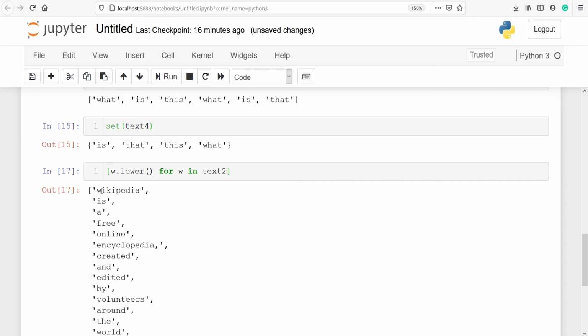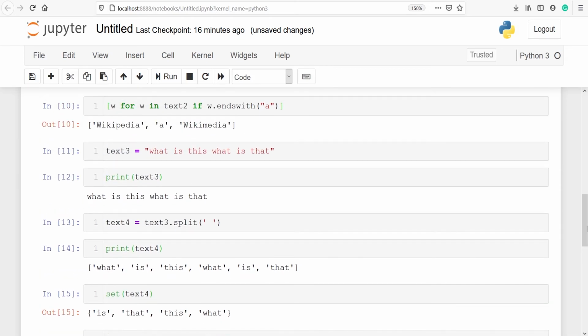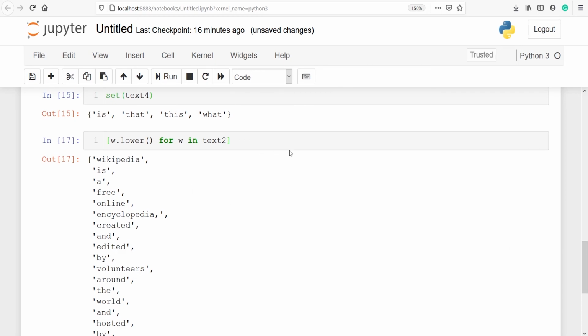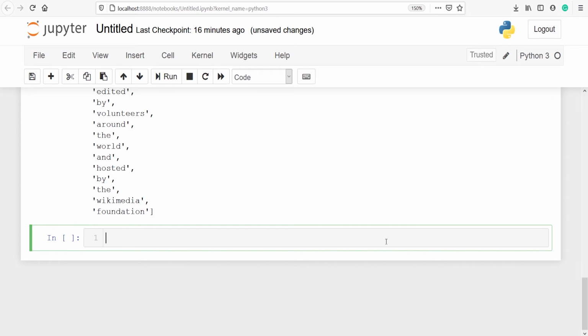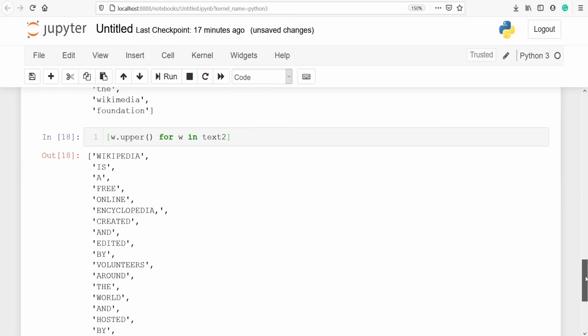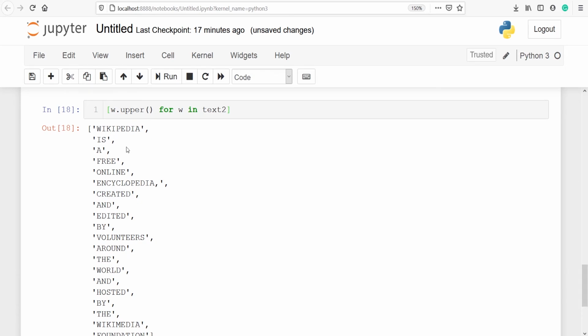Earlier the first letter was a capital letter, and we can verify from here. Here you can see we have the first letter in capital. So using the method lower we can convert all the words into lowercase. Similarly we have upper. We will copy this code from here, we will paste it here, and instead of lower I will call the method upper, and this will convert all the words into uppercase. Let's execute our code. In the output you can see that all the words got converted into capital letters. So using method upper we can convert all the letters into uppercase.